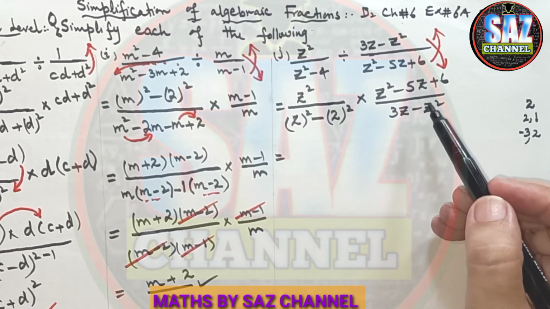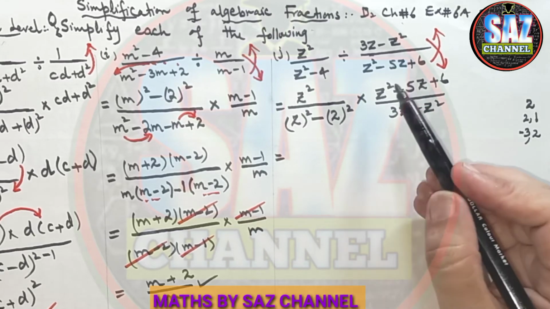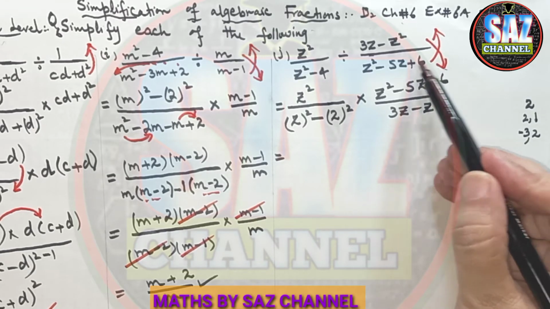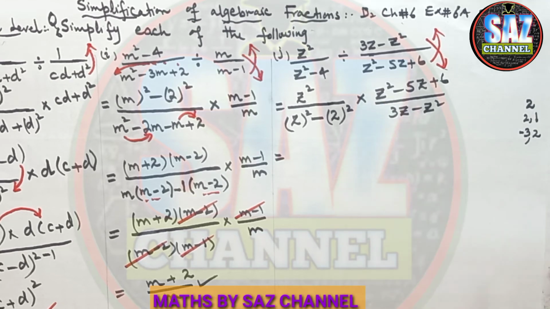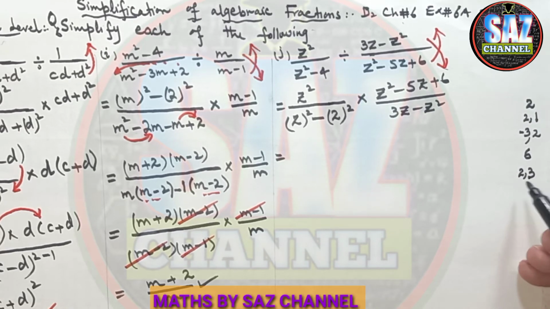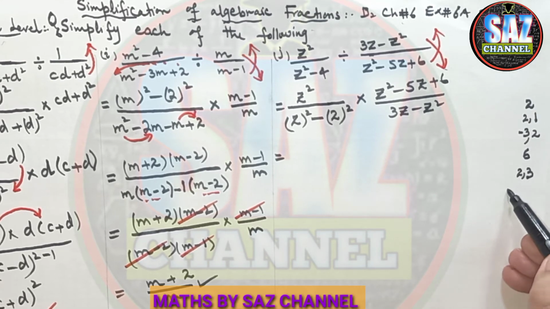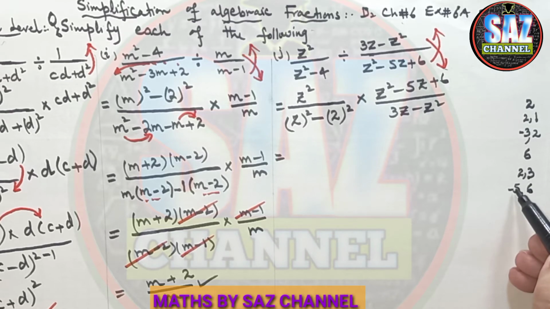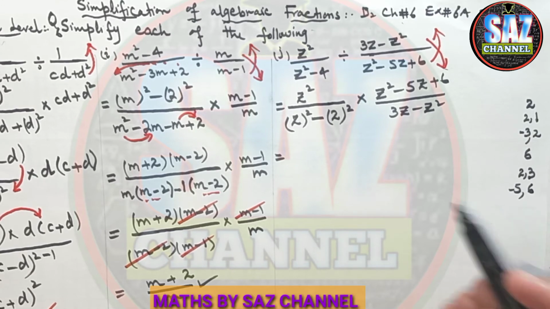So we have to think about what method we are going to apply. We have to multiply this constant, which is 6, with the coefficient of the term having power 2. The product comes to 6. We have to make the prime factors of 6. The factors of 6 are 2 and 3. We have to set the factors in such a way that when I add them I get minus 5, and when I multiply them I get positive 6. So 2 plus 3 can give me 5, but I need the minus sign here, so minus 2 minus 3 will be the suitable choice.